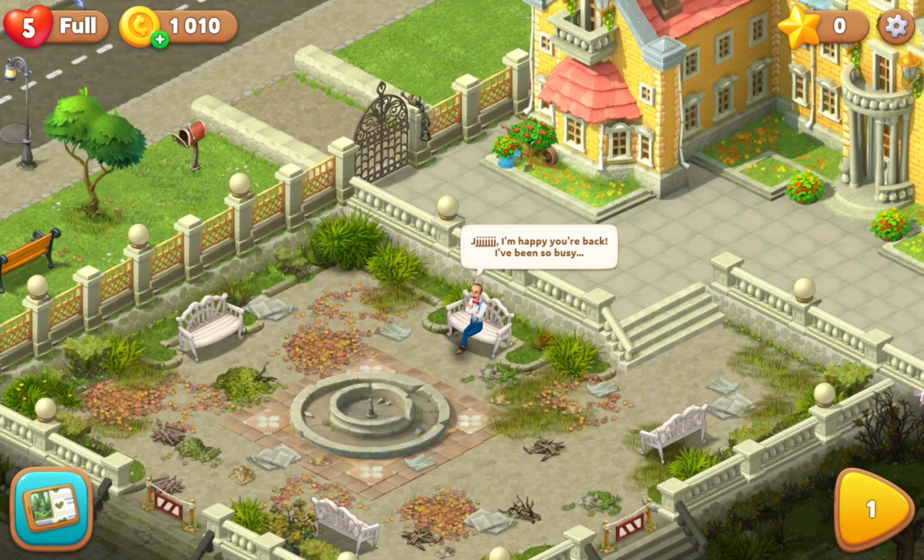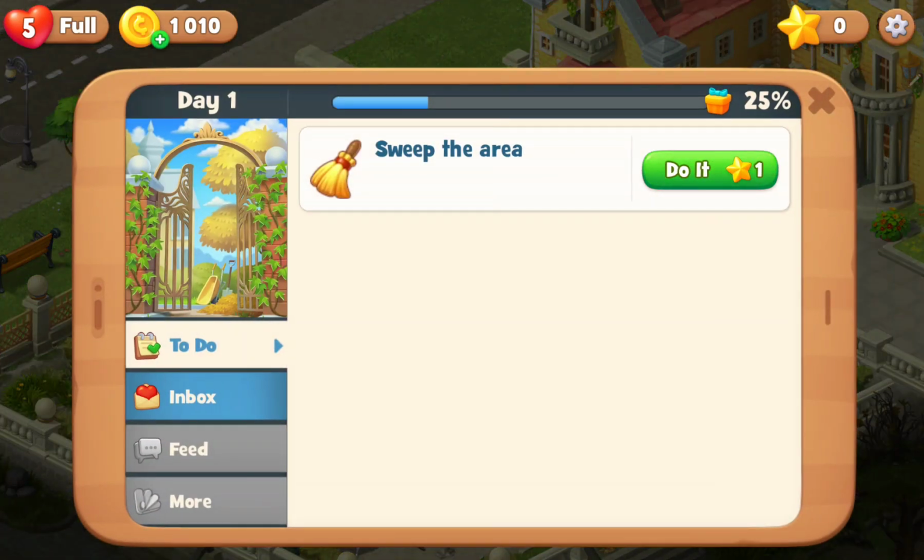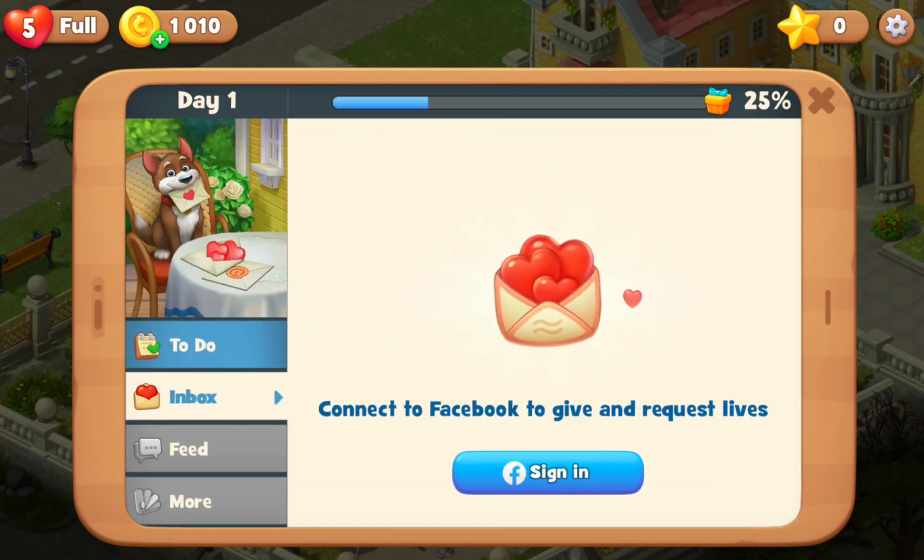You go to the list icon at the lower left corner of the screen, and here the first option, the to-do, and here you can check your to-do list. For example, you look the sweep the area do it button, and here you can check the inbox and other